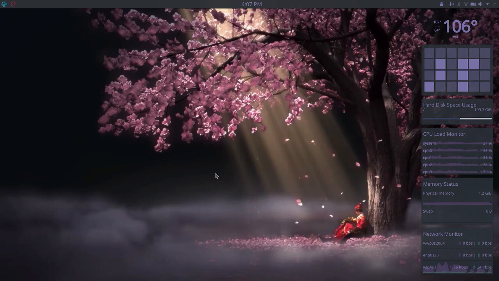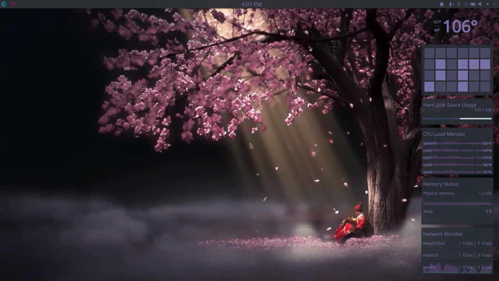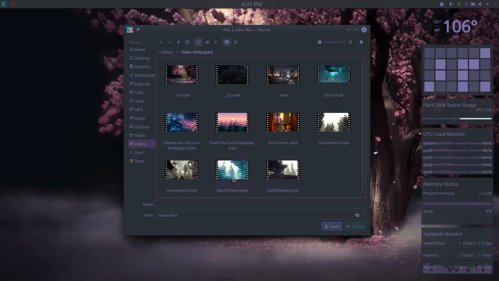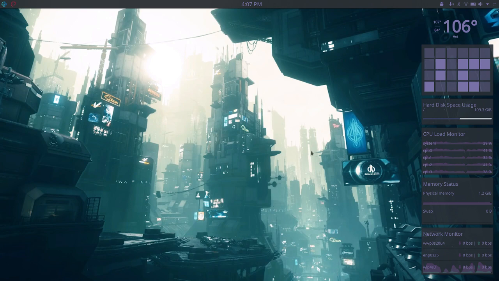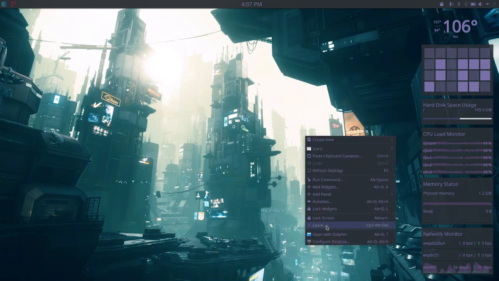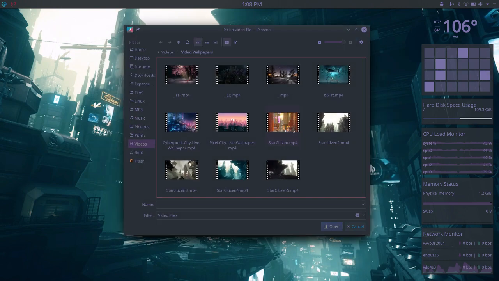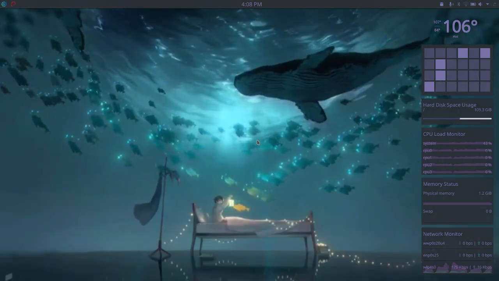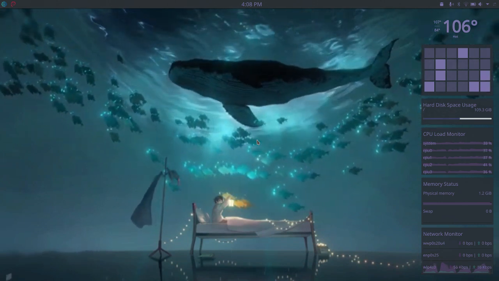I stumbled upon that a little while ago, and some people at work had commented on it and thought I was actually running video games, because some of the wallpapers that I had were Star Citizen, and it looks kind of like a video game. It's animated and has some really cool things. So you don't want to get in trouble at work. You don't want to be running something like Star Citizen at work. But there's some cool little videos that you can grab online and have a live or dynamic video backdrop or